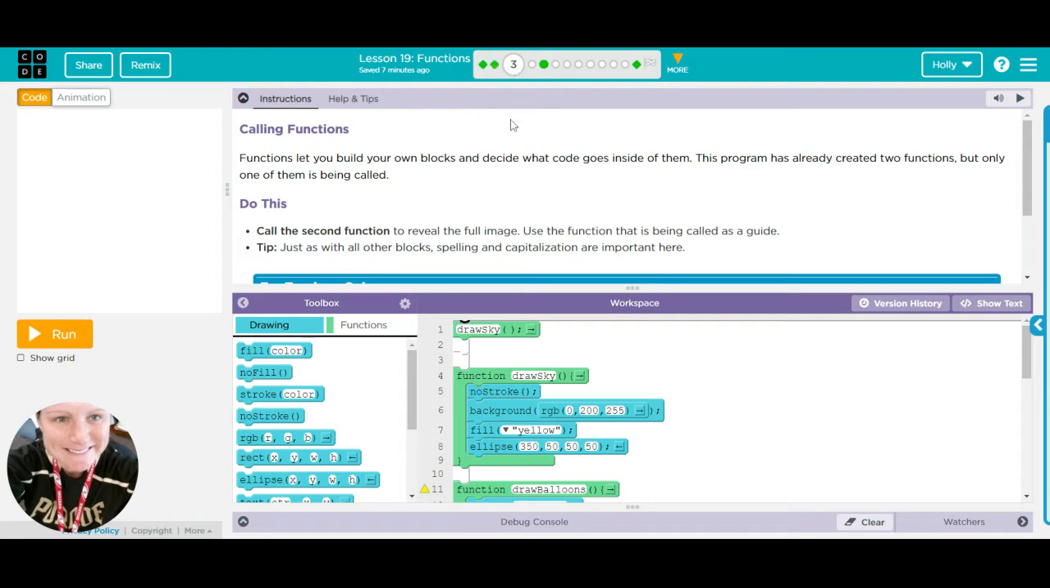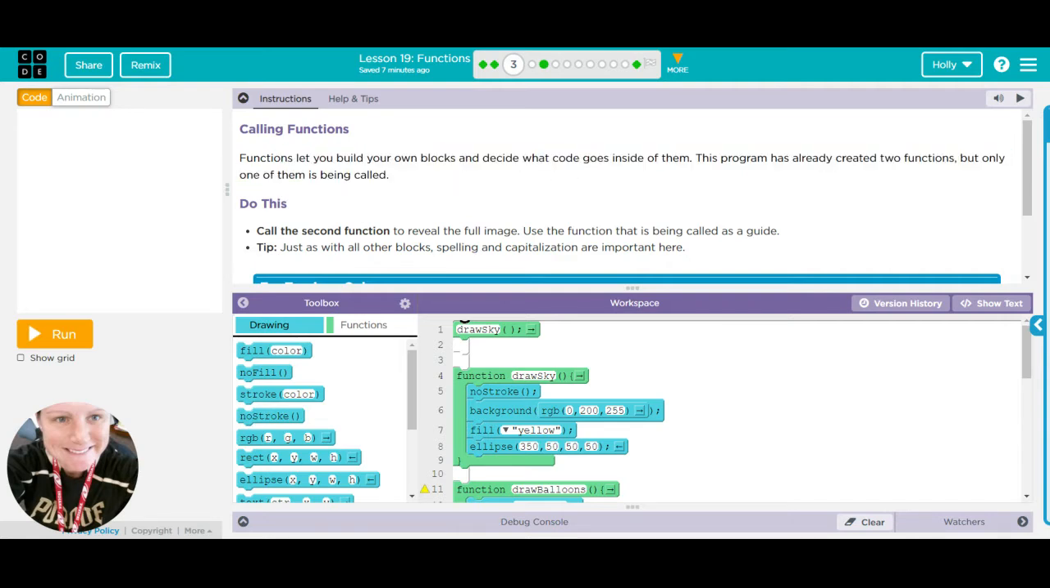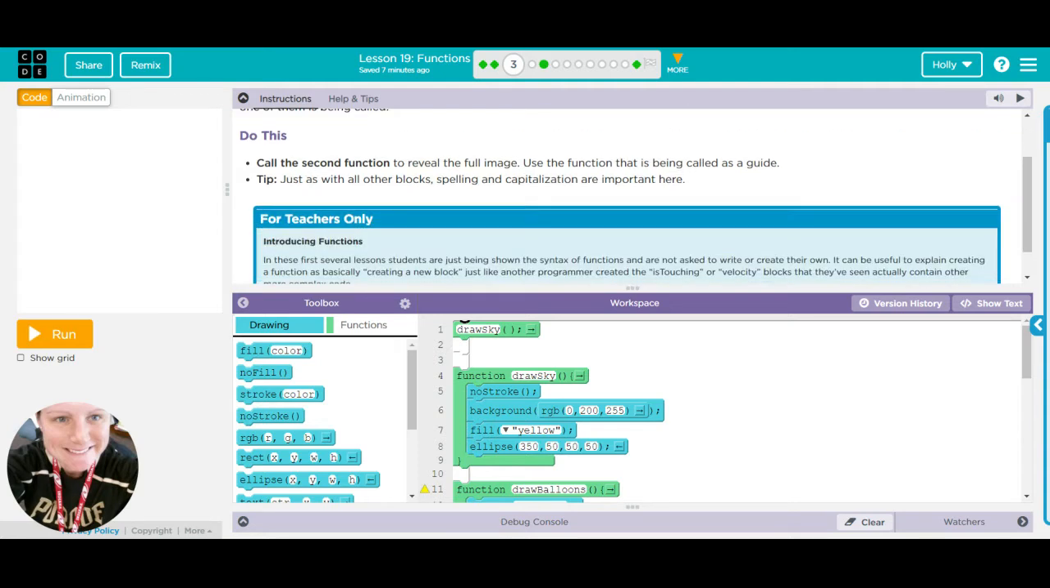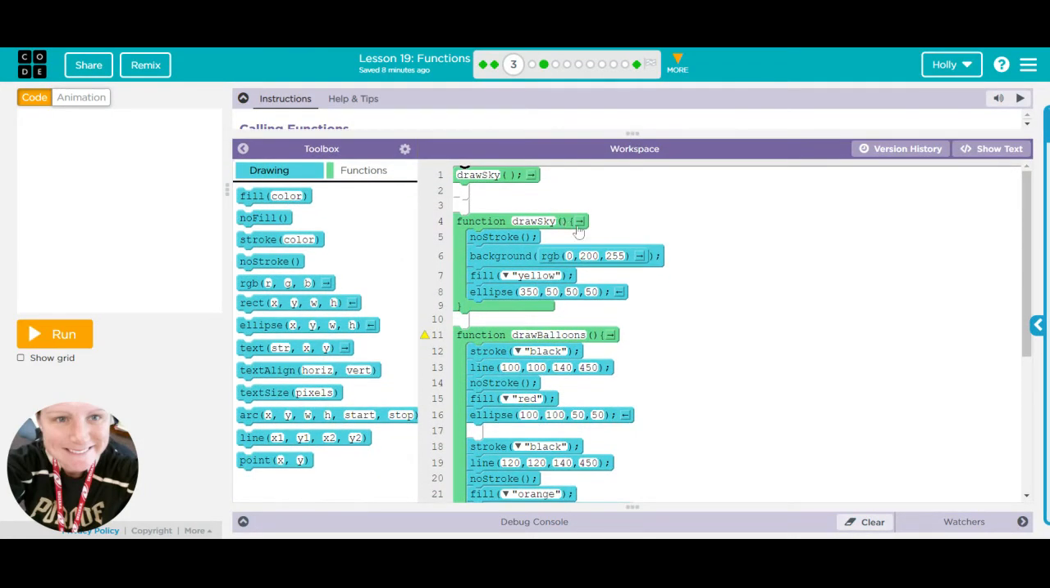So in bubble 3, the idea is to be calling functions. Functions let us build our own blocks and decide what code goes inside of them. The program has already created 2 functions, but only one of them is being called. So remember, when we see the green blocks that create the parentheses, that means we